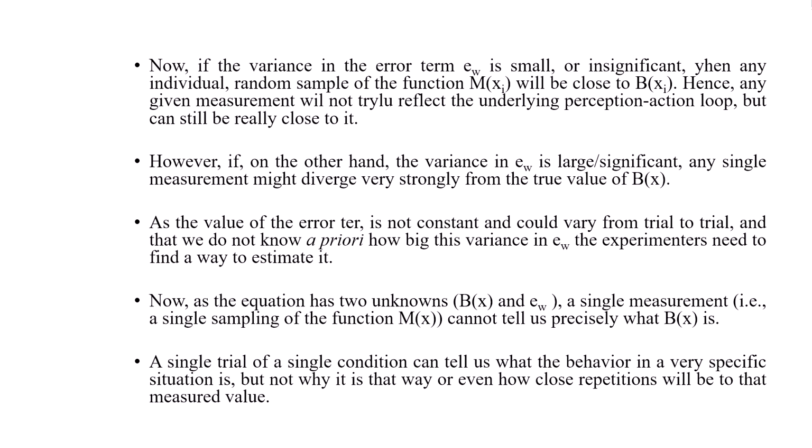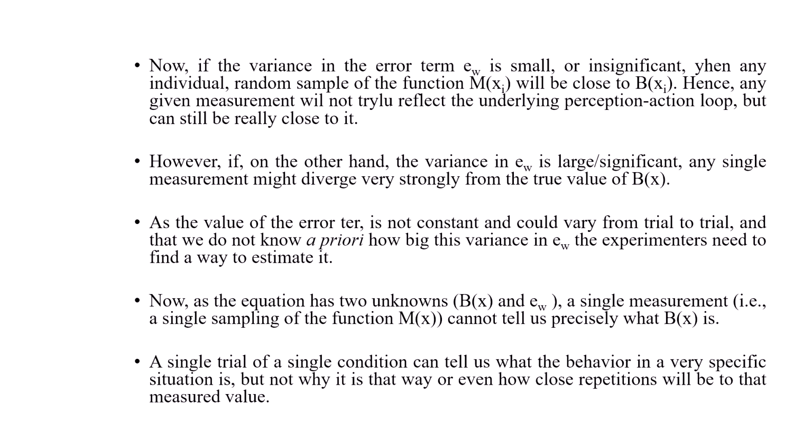It is a slight variation and we can handle it. So, any given measurement will not exactly reflect the underlying perception action loop, but will still be very close to it. If, on the other hand, this error term is known to be large or significant,